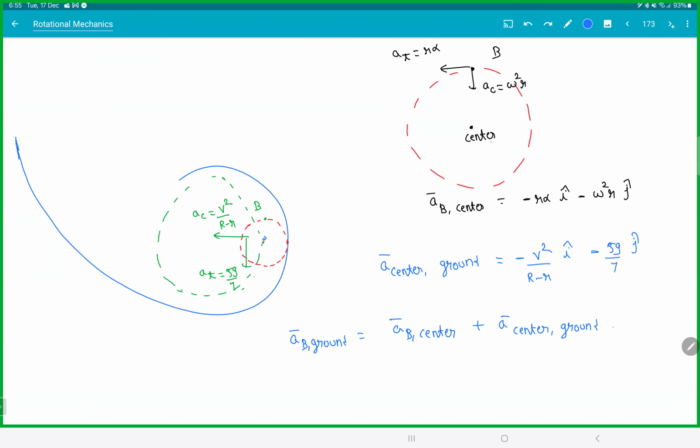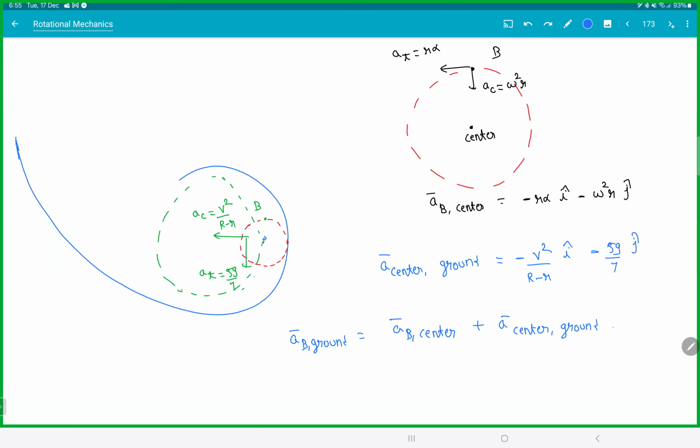Now, when you go and stand on the center, B is also going in a circle. Making sense? The center of the sphere thinks B is going in a circle. So you'll have a tangential, a centripetal. But the center of the sphere itself is going in another circle. So the center will have a tangential and a centripetal. So the acceleration of B will be the acceleration of B with respect to the center